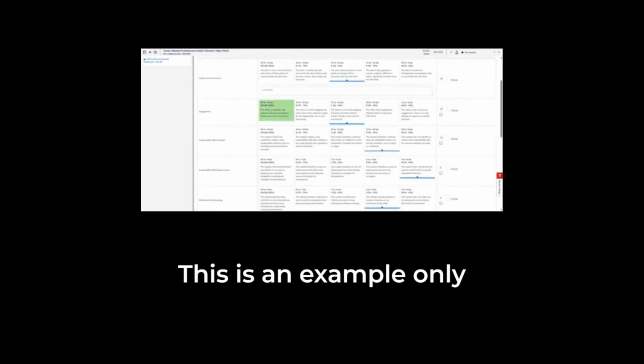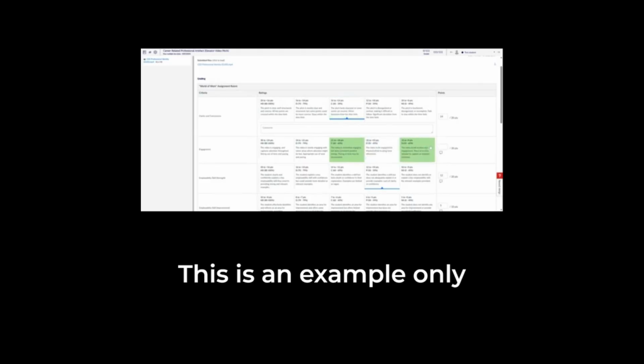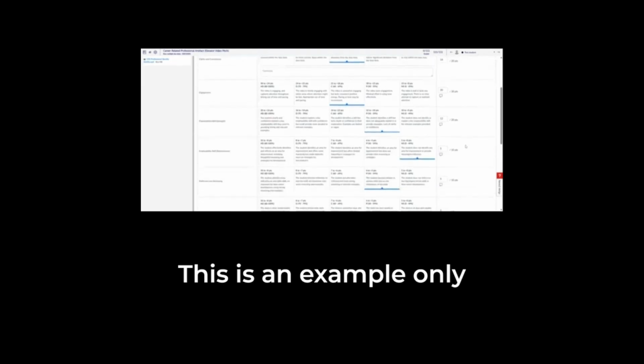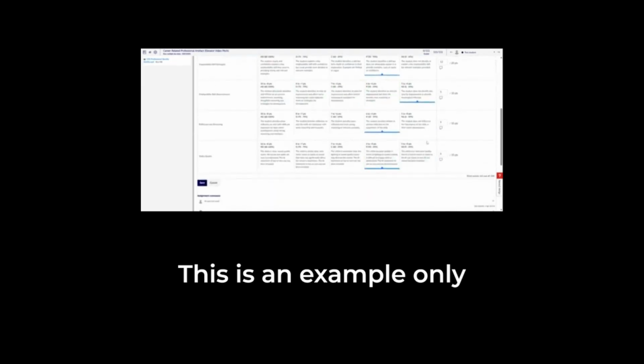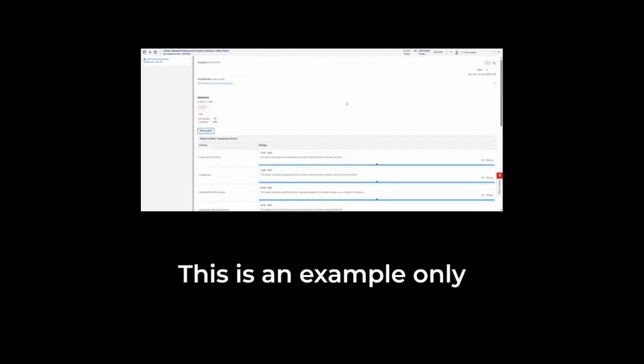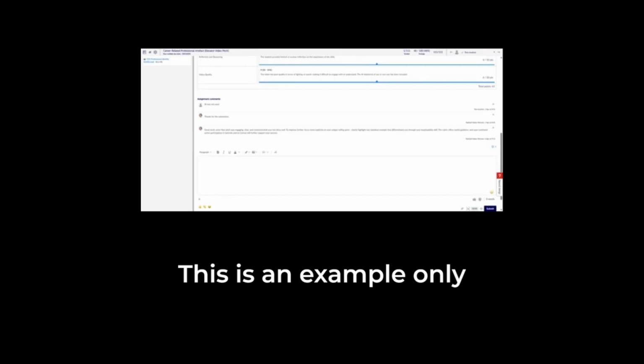Once you've done that for each criteria, you've selected your area that you believe the assignment aligns to in terms of the rating, and you've made sure that you've got, let's say, for example, I want to put 20 here, and you make sure that you're within your ratings there and that you've done that for each criteria. Then my expectation is that you would save that, and then you would also need to come down here and actually write